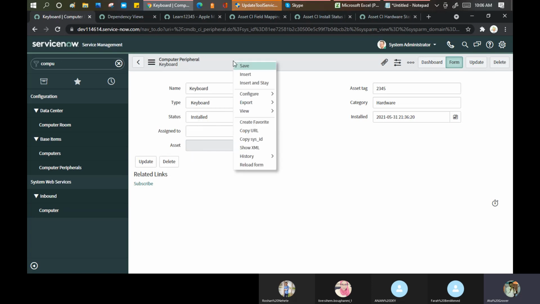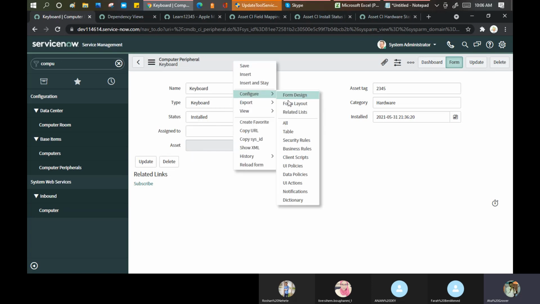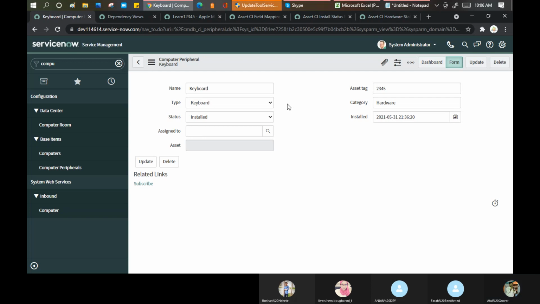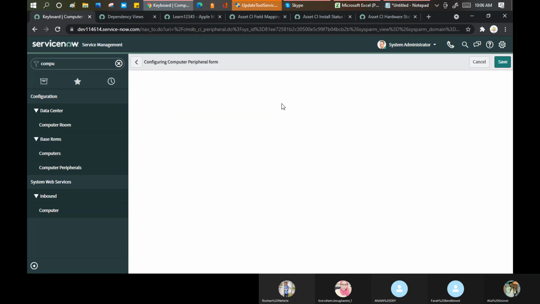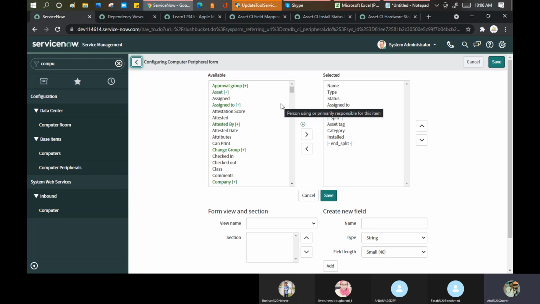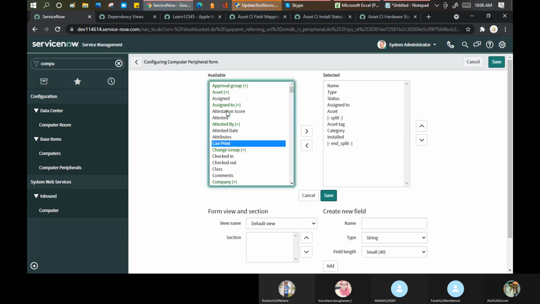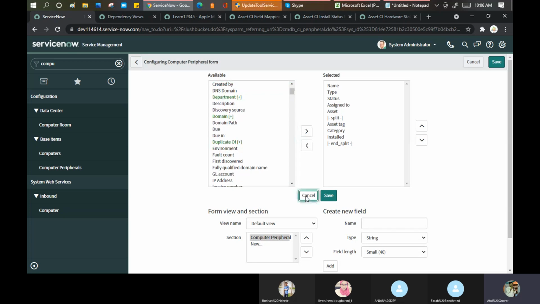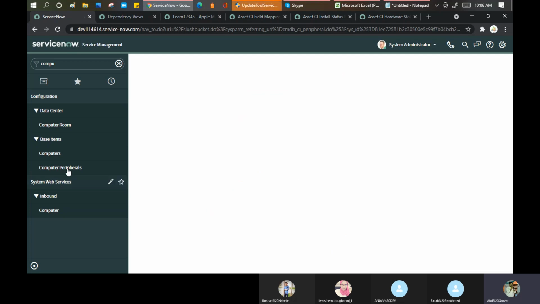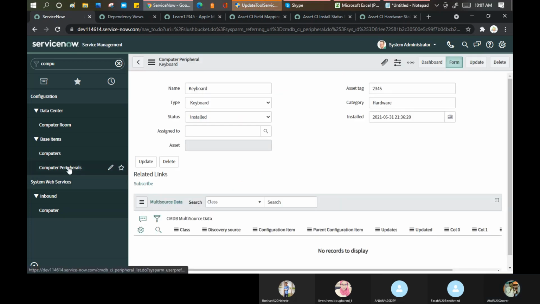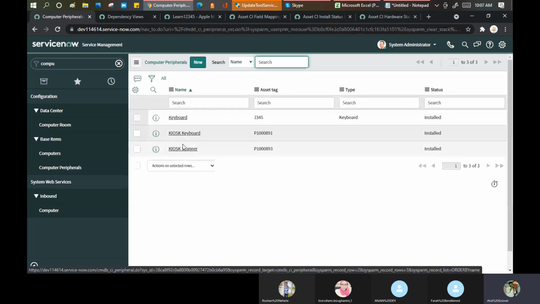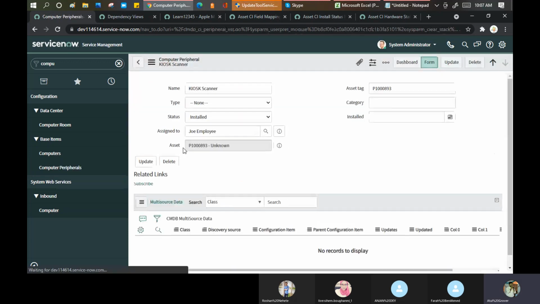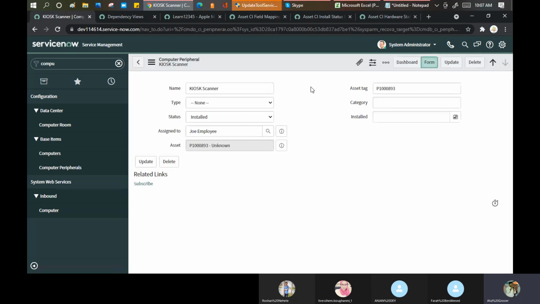You can go here and check out the other fields as well, what fields are available here, which give you a little more understanding. Okay. So this way, you can take care of your peripheral devices. If I go here, see they have a scanner. So like this, they do this thing.